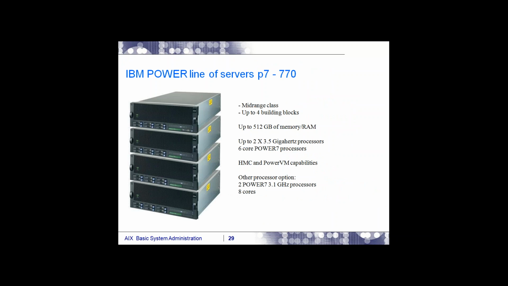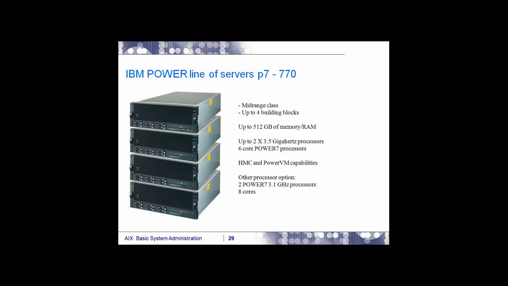Up to four building blocks. This is called, I will say, building blocks. One will be a primary block, and the rest of the three will be just secondary blocks to the primary. So like this. Initially, if you need these four building blocks, you can buy them.